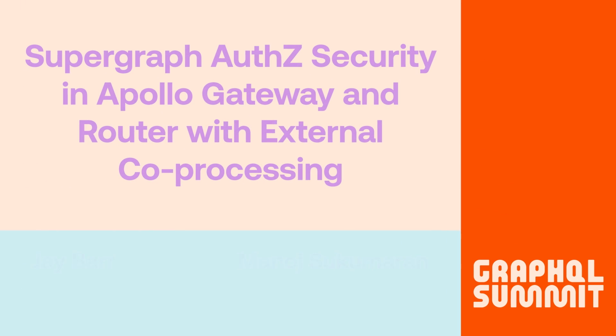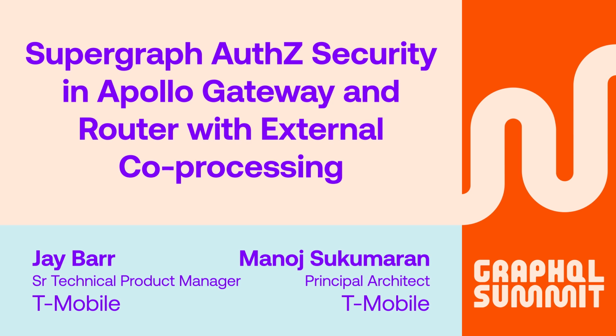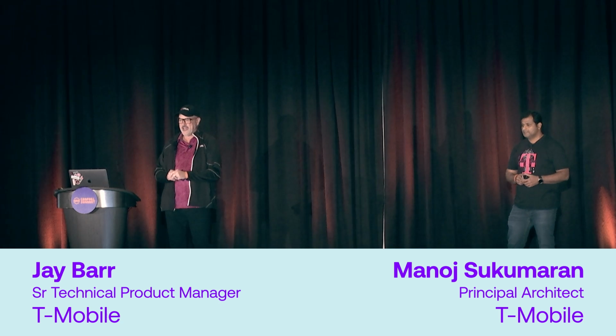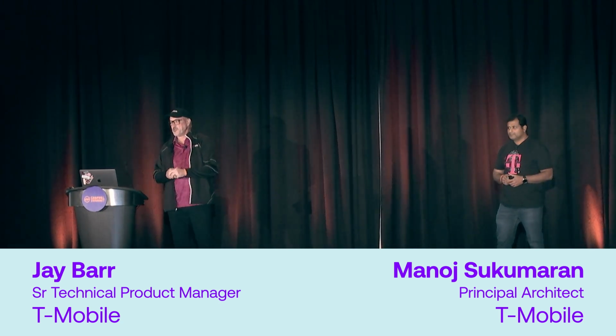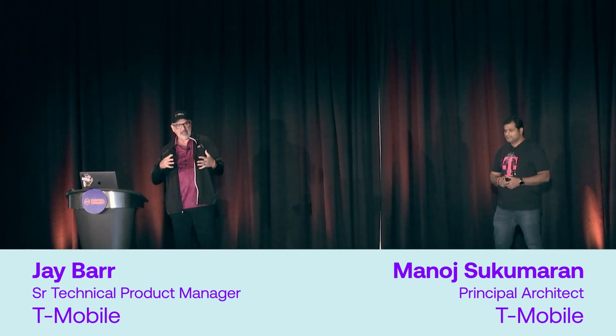Welcome to this presentation on authorization strategies in GraphOS. We're going to look especially at Apollo Router and its external co-processing feature. And in this presentation, we'll also look at how to implement that feature with Open Policy Agent in order to have flexible and fine-grained, context-aware, very client-based, attribute-based authorization policies for your Supergraph, right at the edge of your GraphQL